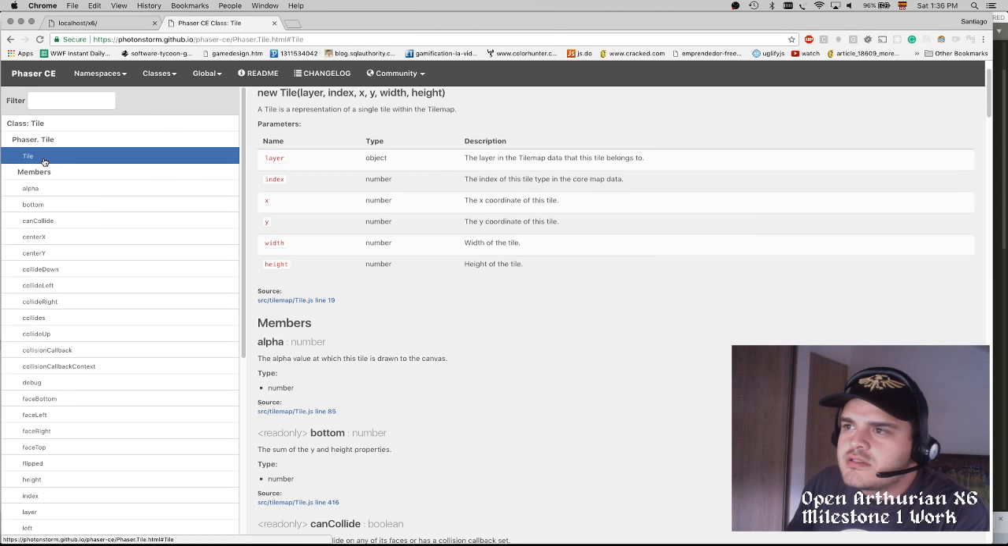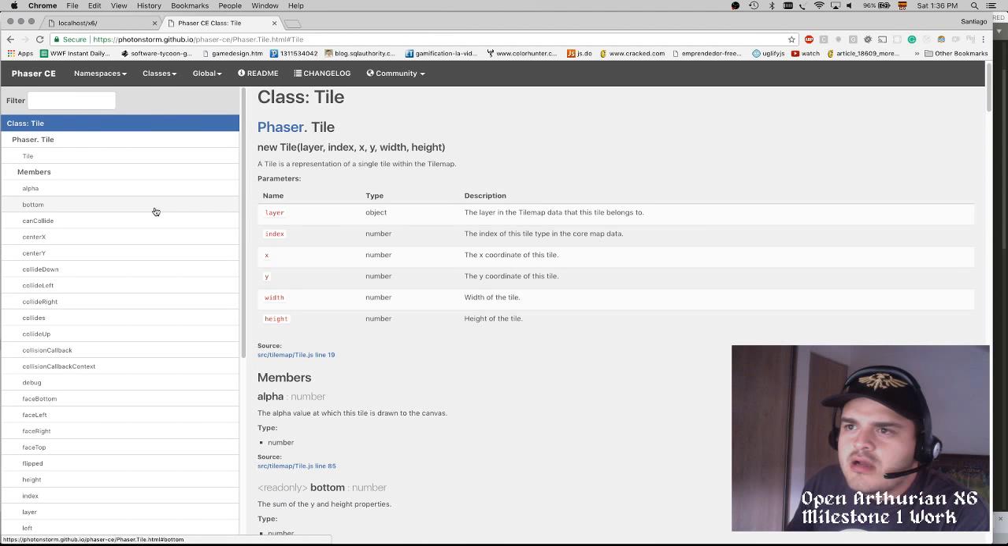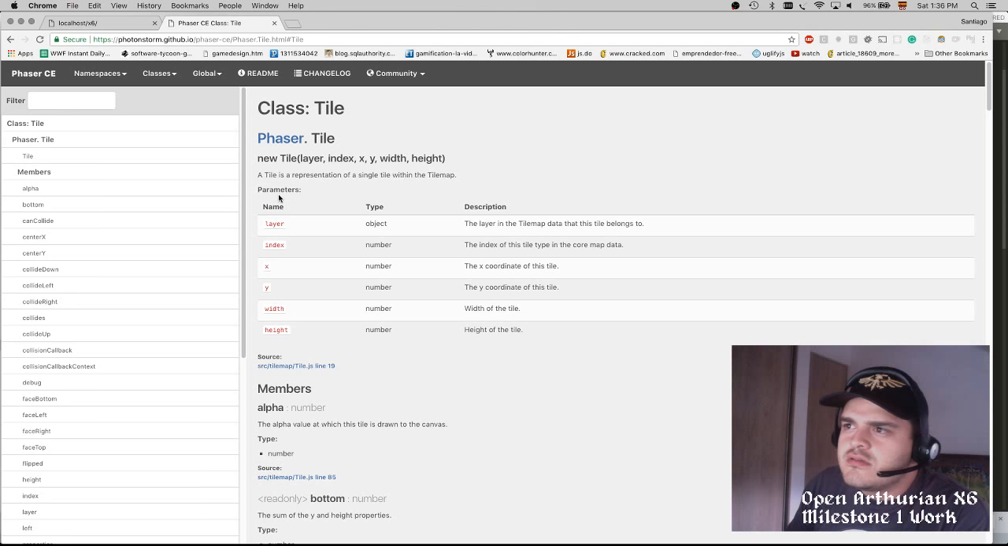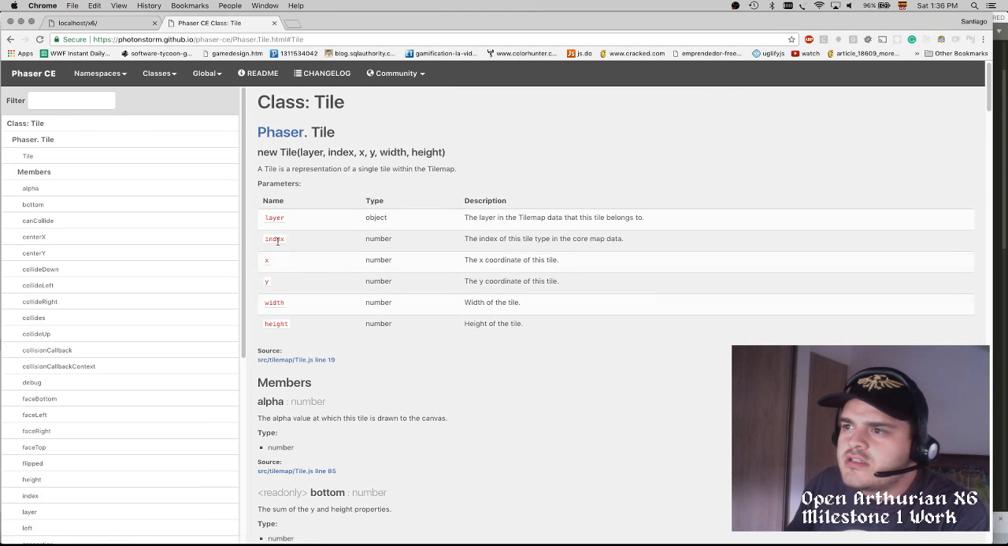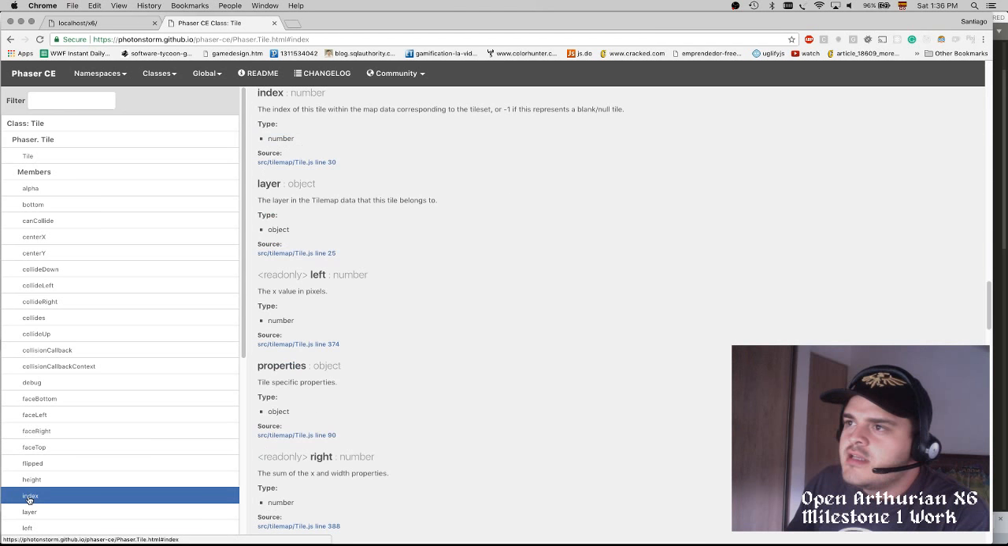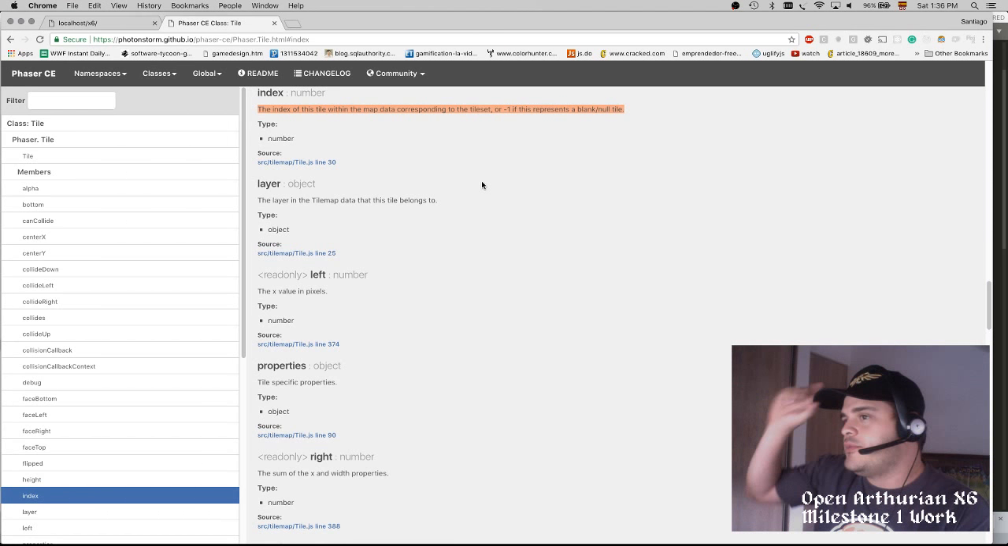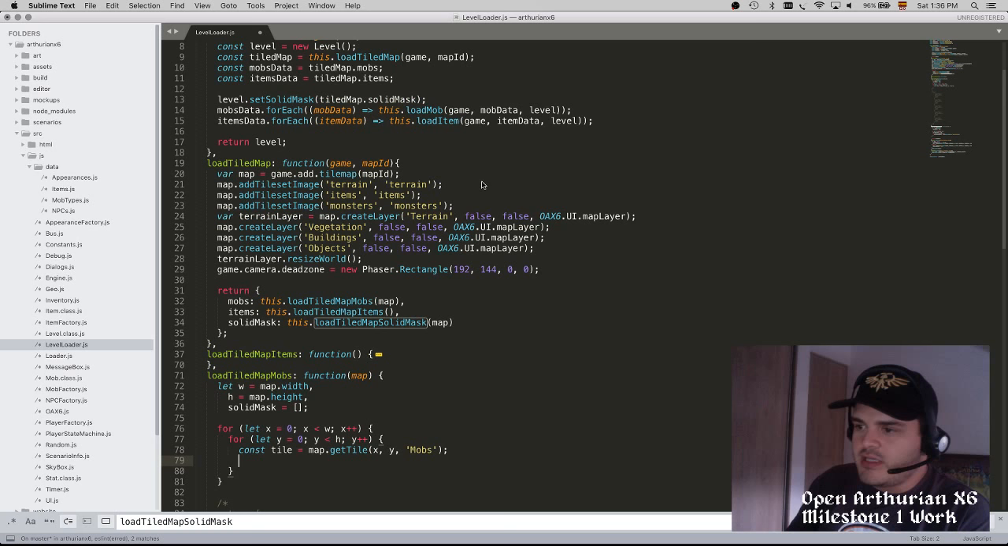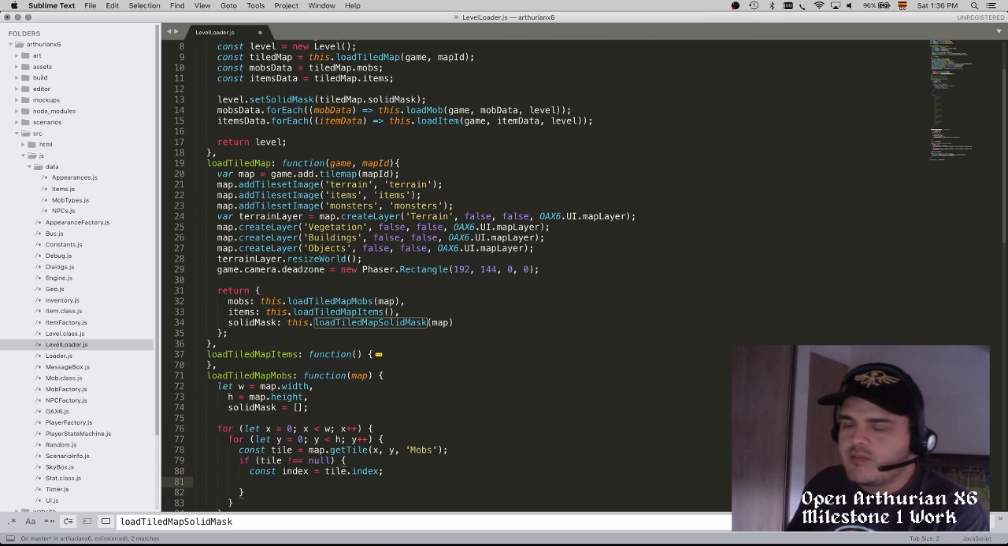The index. This is what we need, the index. How can we get to it? So tile, this is the constructor. Index, here it is. The index of this tile within the map data corresponds to the tile set. This is what we will have to map. So we're going to get the index. If tile is not null, then we get the index, and then we gotta somehow map that index to a